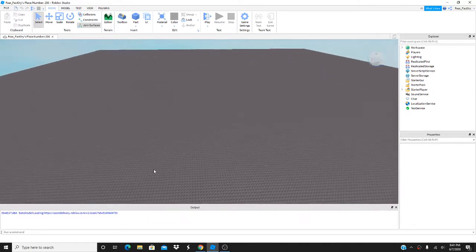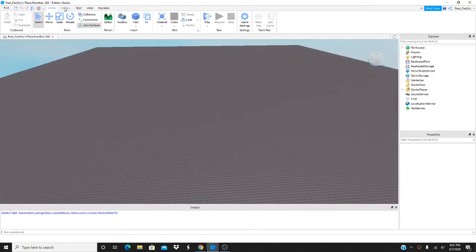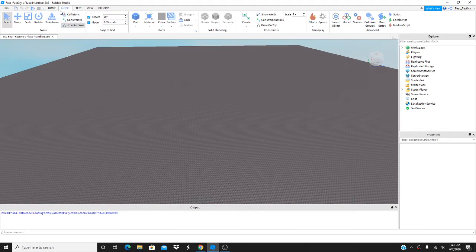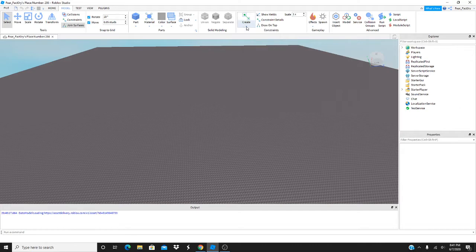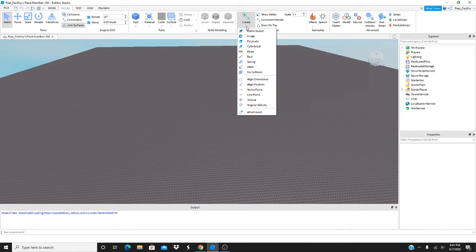Today I will be teaching you how to make doors, I guess, but basically it will be using the Create tab right here. These are all sorts of very useful things, but I'll only be going through a few of these for just a couple of minutes. This video is not going to be that long, but rope is a type of